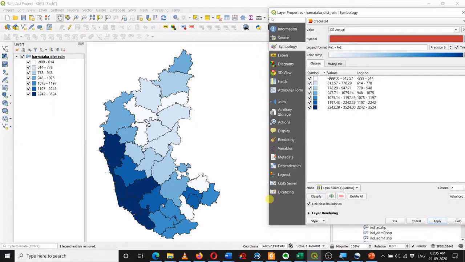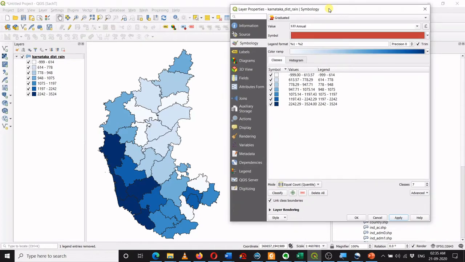Now there are various options available by which we can draw a meaningful map. The objective is to choose classes in such a way that a viewer can see the maximum variation within the map. So I can select 7 classes, 8 classes, 9 classes, or 3 classes, 4 classes.